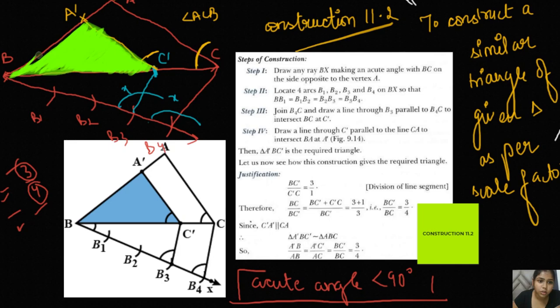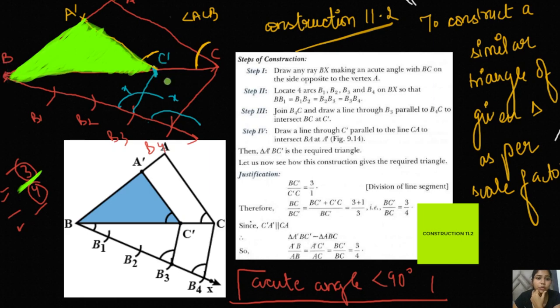By taking the base you have to make an acute angle, and after making the acute angle just draw the number of arcs equal to the greater ratio, and after that, just like the first one, meet the last arc with your third side, and whatever will be your smallest, you just have to take that. Okay, and you have to meet it by comparing the equal angles. By measuring and drawing the equal angles, you have to make a parallel line and cut it at a point.